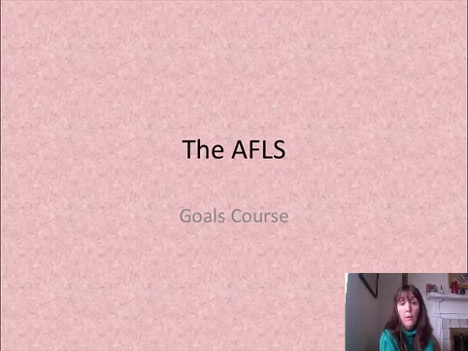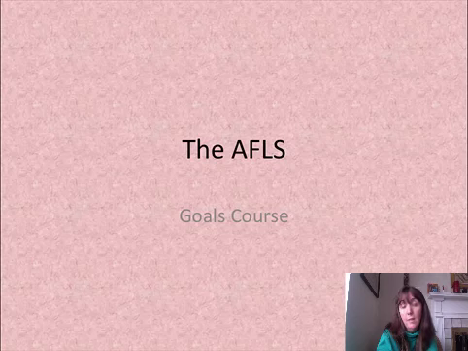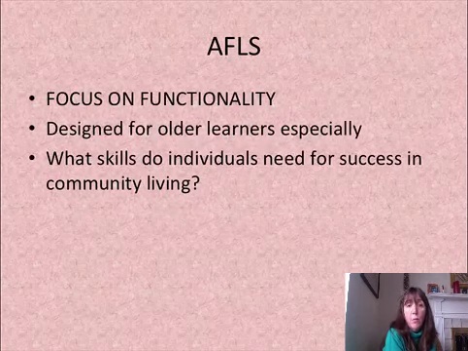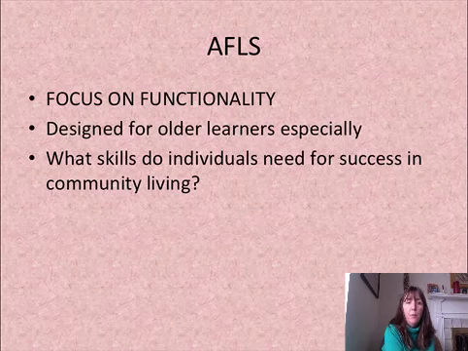One of the things that we often hear about, and you may have also felt, particularly those of you who work with adolescents and adults, is that it's not as relevant for learners with challenges in the areas of independent living and community participation. Those core skills in the ABLES, just like in the VB-MAP, are really crucial, and they remain relevant for older learners. But there's that whole other area of self-help and community-based living that really isn't reflected in it. So the AFLs really focuses on functionality, on what are the skills that people need for success